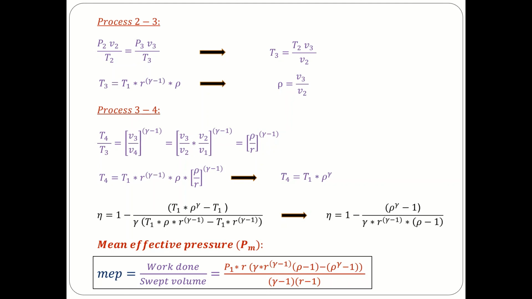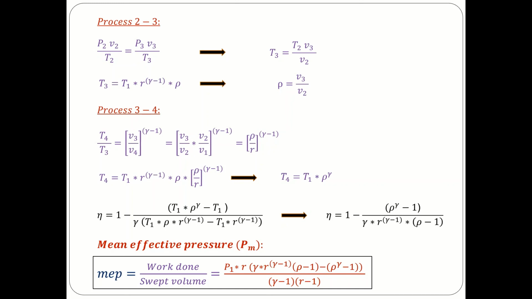So nowadays, in order to increase this mean effective pressure, we are using a supercharger or turbocharger, which will actually increase the inlet pressure P1. So once P1 is increased, the mean effective pressure is increased, and the work output will be higher in that case. So for the same size engine, for the same swept volume, if I want to increase the mean effective pressure, how can it be done? By increasing P1 or by increasing compression ratio. If these things are done, then we can actually increase the work output.